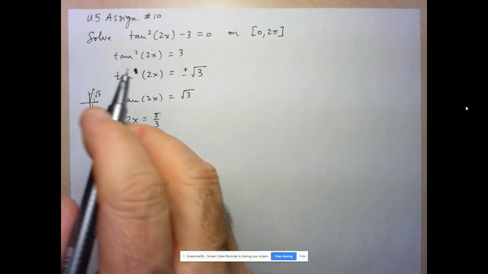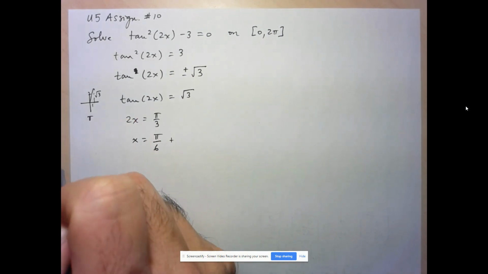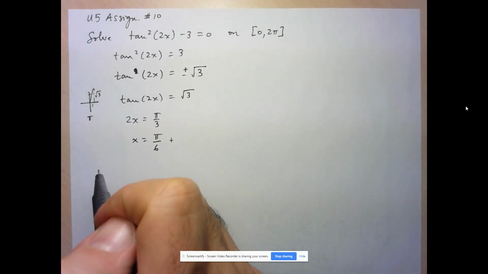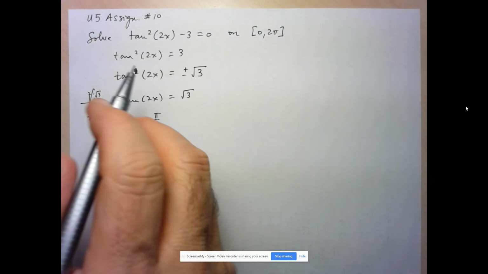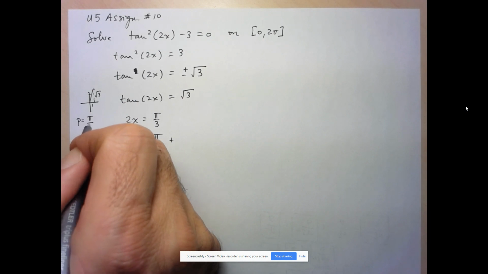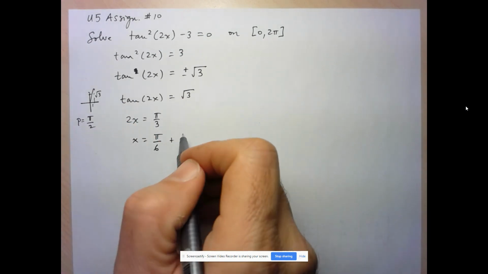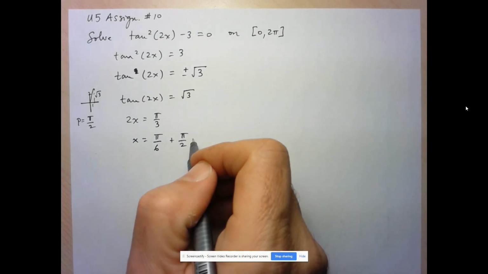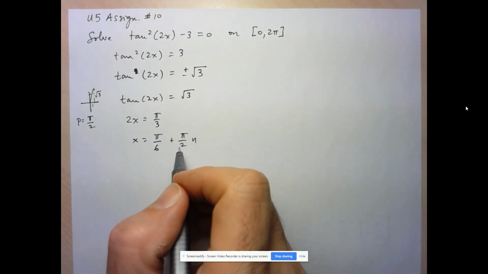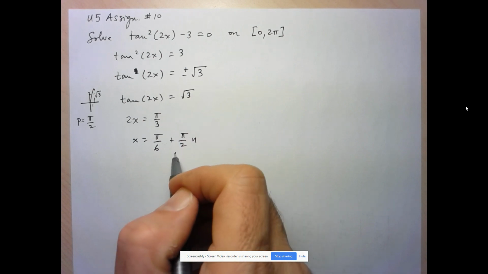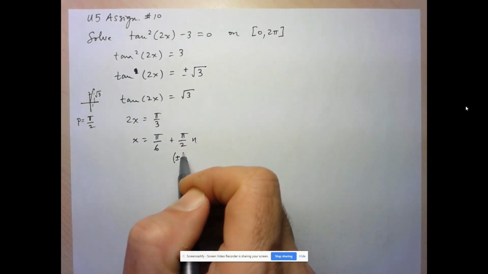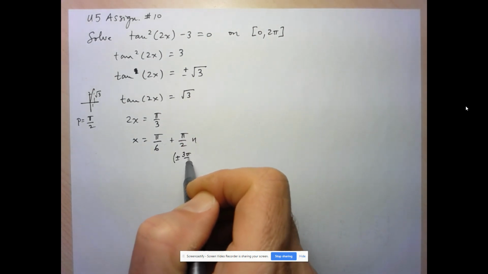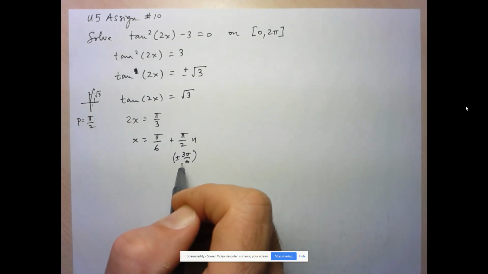Tangent has a period of pi, and so if we're working with tan 2x, the period is just going to be pi over 2. But of course, I'm not going to think of it as adding multiples of pi over 2. I'm going to think of it as adding multiples of 3 pi over 6